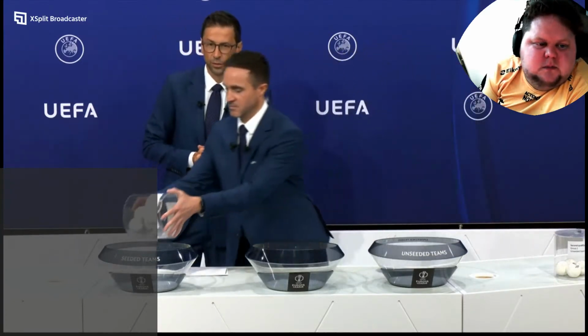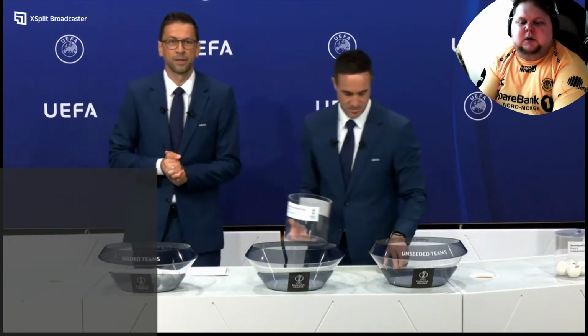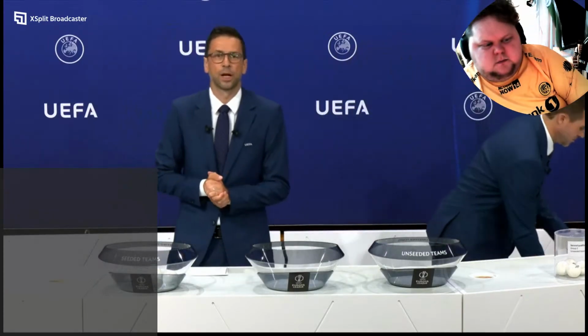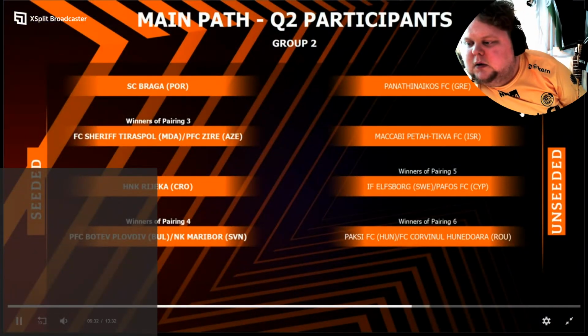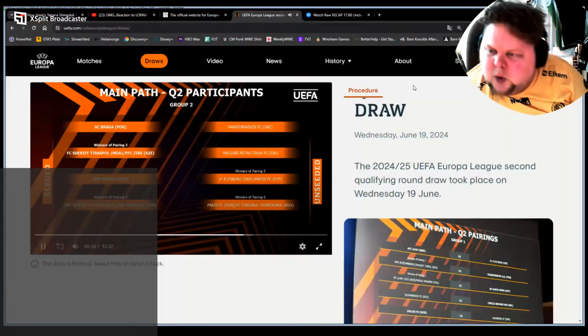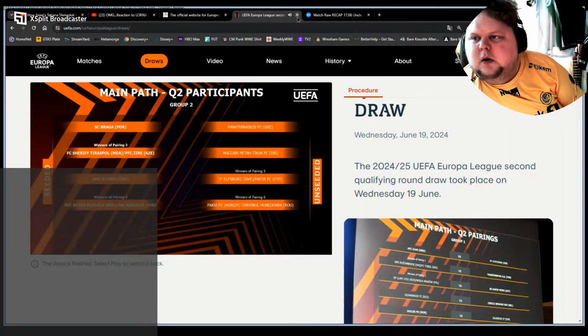And let's have a look at the teams we have on the seeded side: SC Braga from Portugal, the winners of pairing 3, which are FC Sheriff Tiraspol from Moldova or PFC Sire from Azerbaijan, HNK Rijeka from Croatia, and the winners of pairing 4, which are PFC Botev Plovdiv from Bulgaria, or